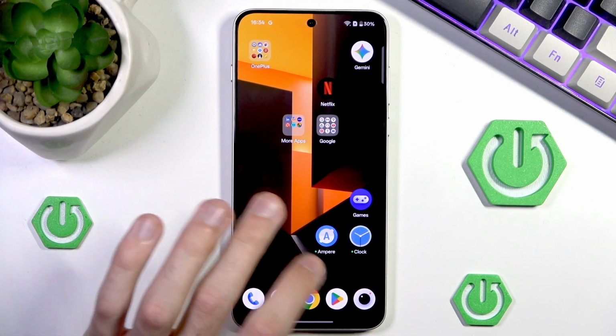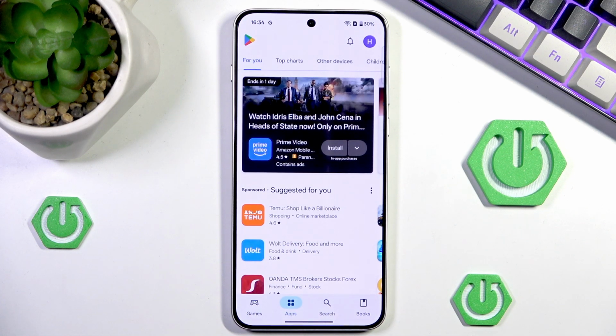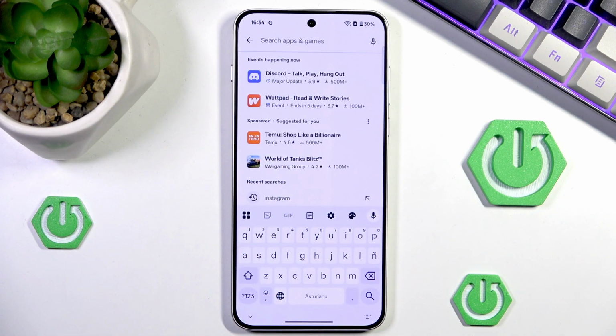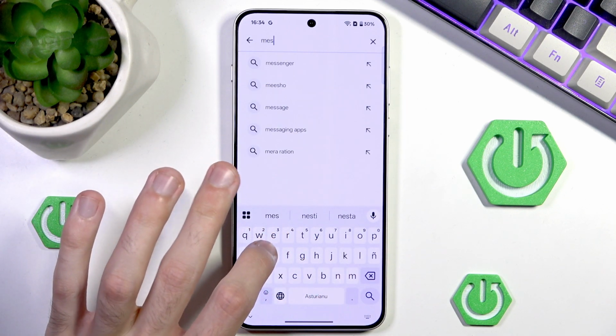And we can begin by simply heading into our Play Store and then clicking search. Note that if you do not have a signed-in Google account on your device, you won't be able to follow up. So I would strongly advise you to add a Google account. And if you are struggling with that, you can always watch our How to Add Google Account onto OnePlus Nord 5 video right now. Anyway, after you have done that, you can now enter the search bar and simply start typing in